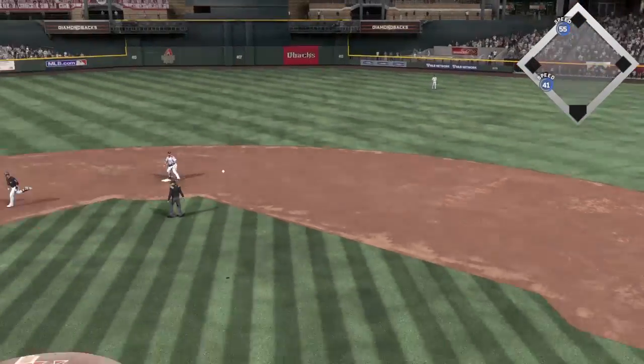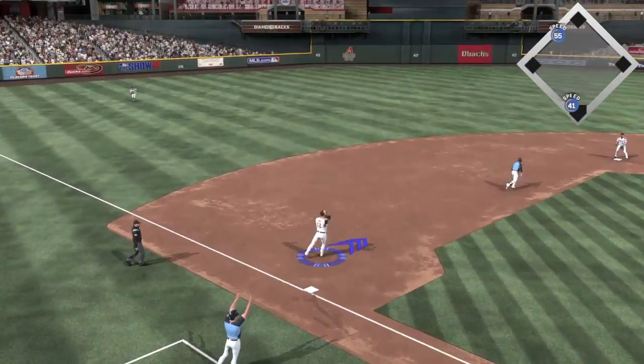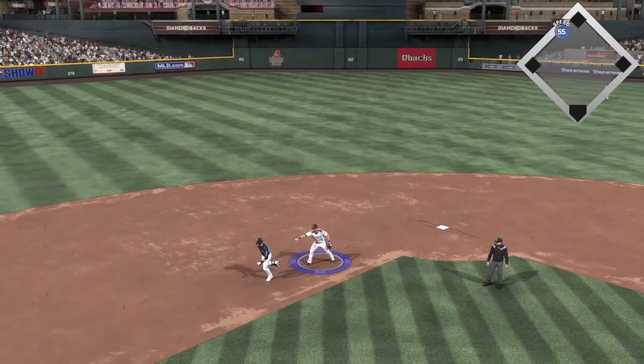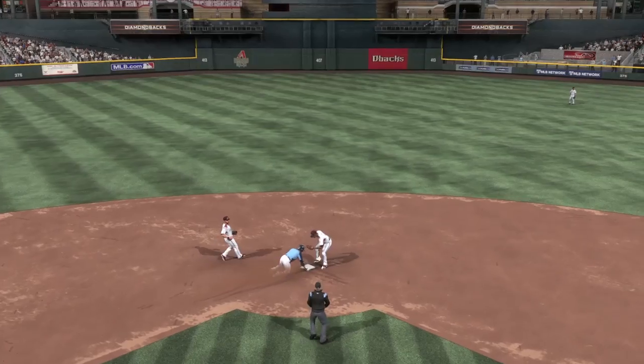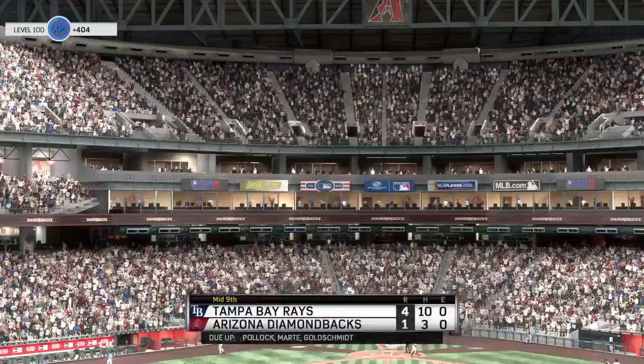Moreland rounds the corner and is headed home. And they've got him hung up out there between second and third. The runner from first comes all the way around to score. And he'll try to get back now, but it's